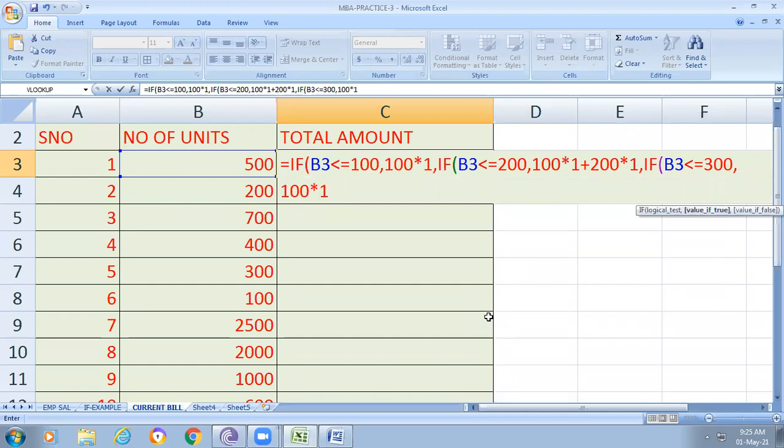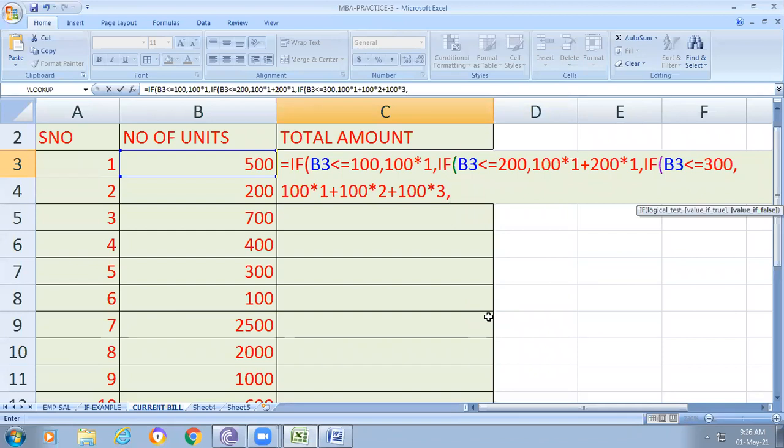Then how are we calculating this? 100 into 1 plus 100 into 2 plus 100 into 3. So that is when b3 is less than or equal to 300.